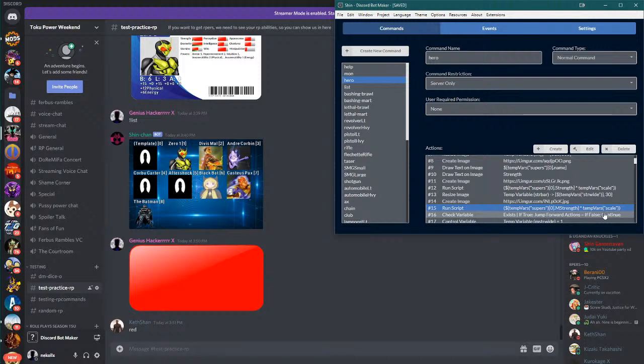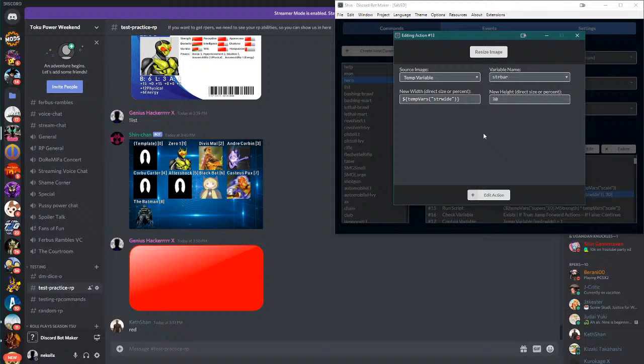I'll probably do it at some point in the future because it's not that hard to throw in essentially a logic check. So what we're doing for our logic check is making sure that the program doesn't throw an error of some sort because it comes up with a 0 value or a null value. We're saying, okay, my strength bar,